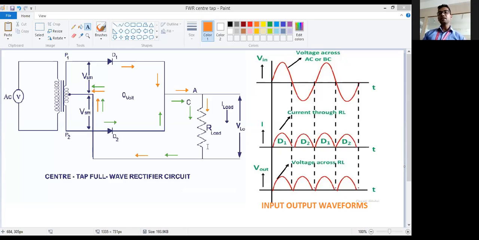If the first current is positive and the direction of both is the same, then obviously if the first is positive, the second is also going to be positive. Correct? So D2 for the negative half cycle, D1 for the positive half cycle. So current flow is positive in both half cycles. Hence for every half cycle of input, see, the input has a positive half cycle, negative half cycle, positive half cycle, negative half cycle, and the output is positive, positive, positive for all cases. Correct?